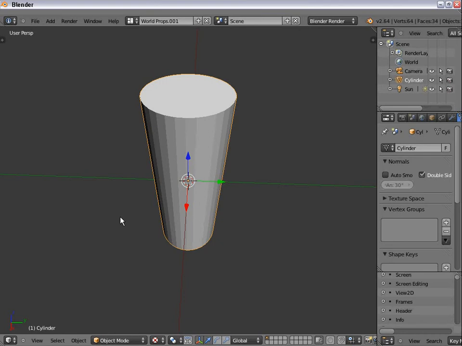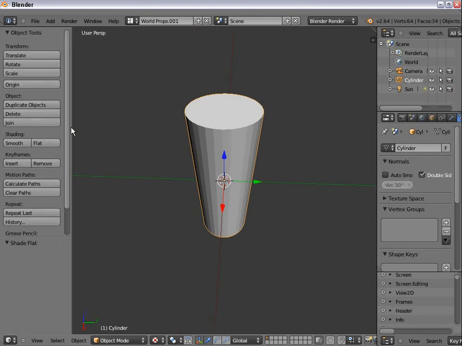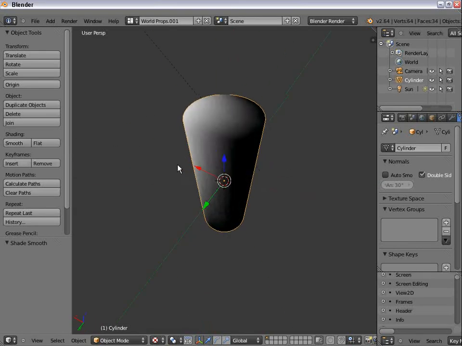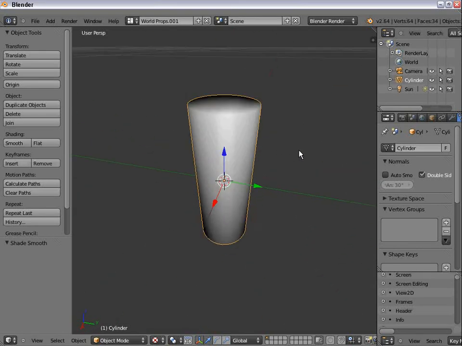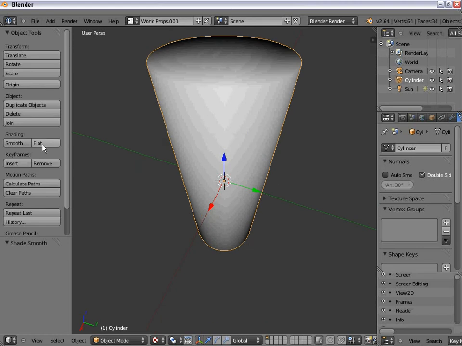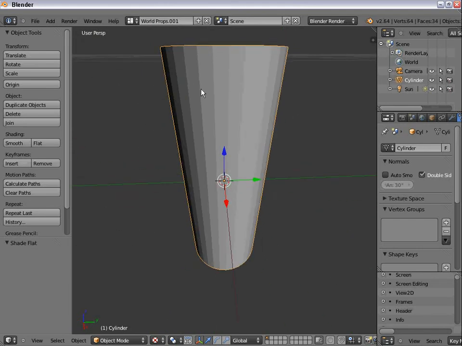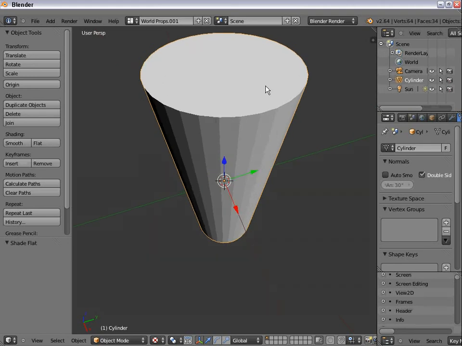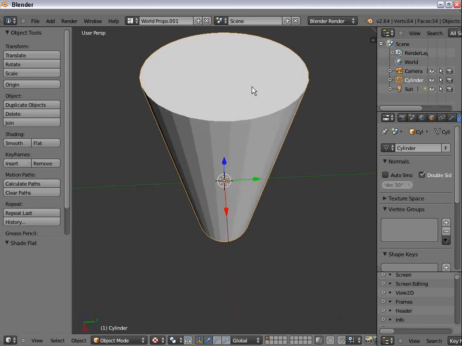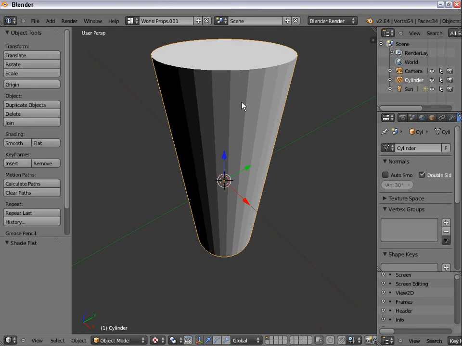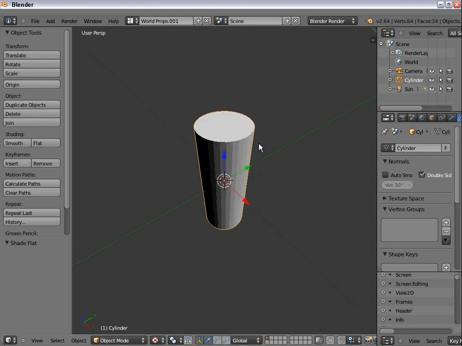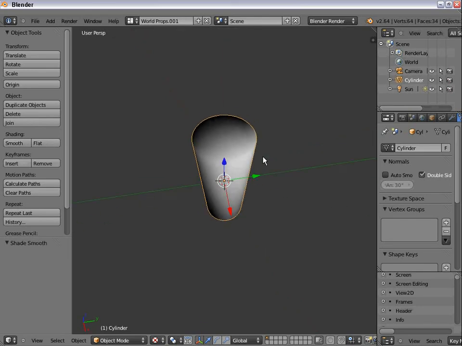I'm going to press the T key on the keyboard to show up the Object Tools panel. I'm going to press the Smooth Shading button. As you can see, the shading of the object is now smooth. If you press flat, which is the default setting, you get these facets on the edge of the cylinder, and this is pretty much how it would look inside the DBPRO engine without any smooth shading. To get around this, we can simply press the smooth button, which is a common way of resolving the issue,